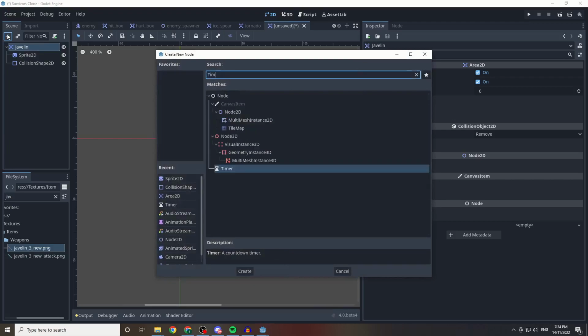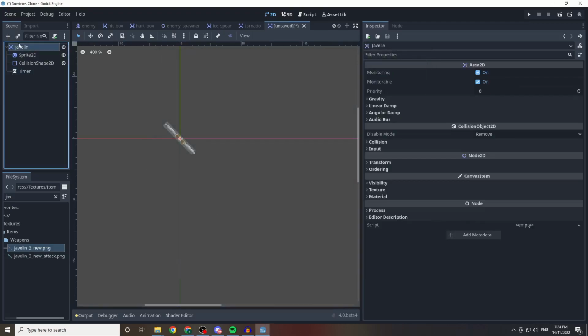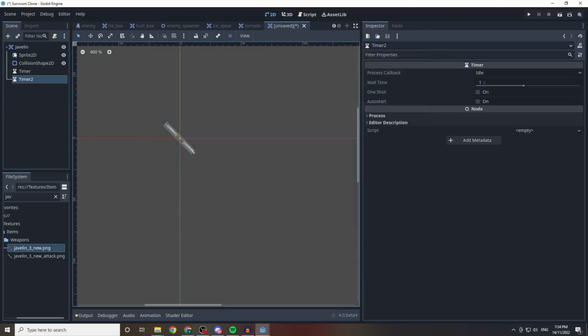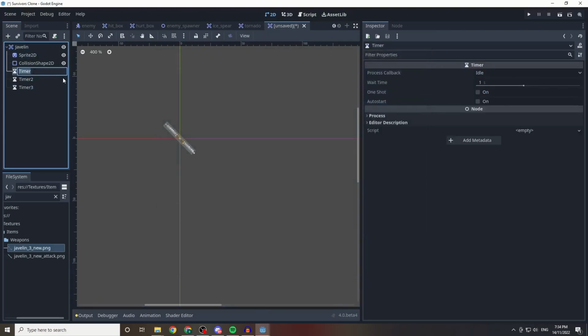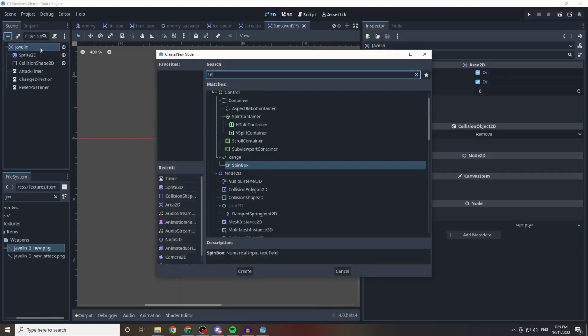And then we are going to be adding three timers to our javelin. That's right, three. And they're all going to do something just a little bit different. The first one we're going to call attack timer, and this is going to be what actually launches the javelin. The second one is going to be change direction, which is going to effectively just give the javelin a new target. And then we're going to have another one called reset pause timer, which is going to be where the